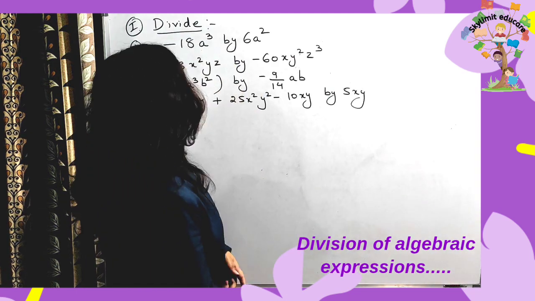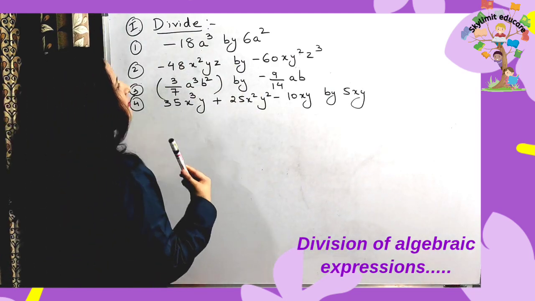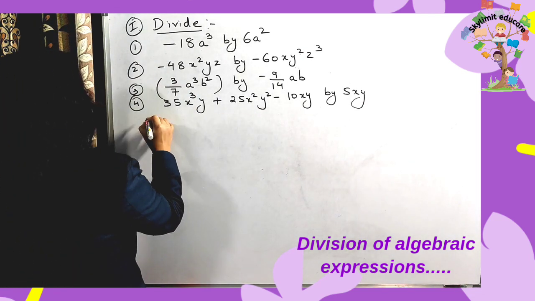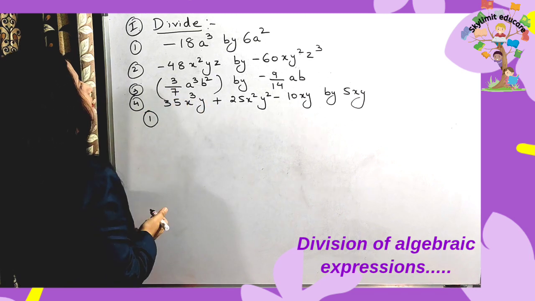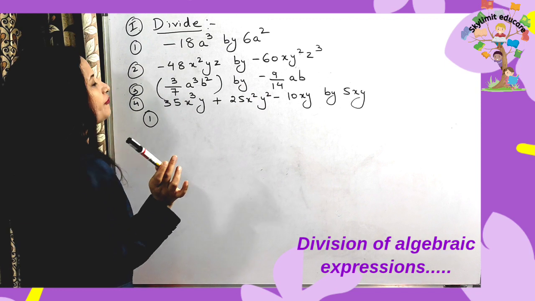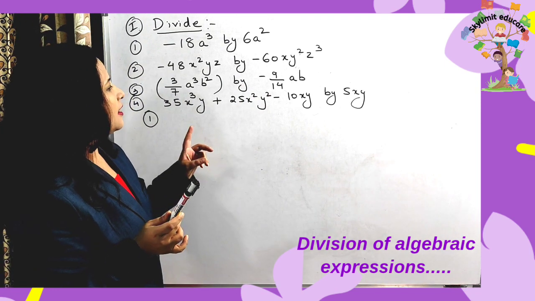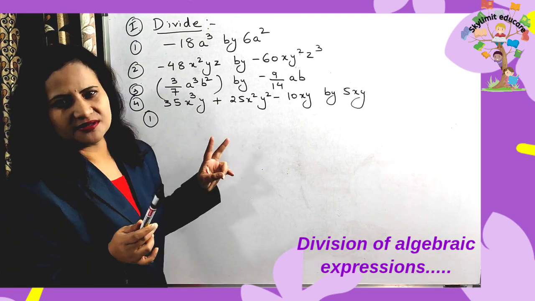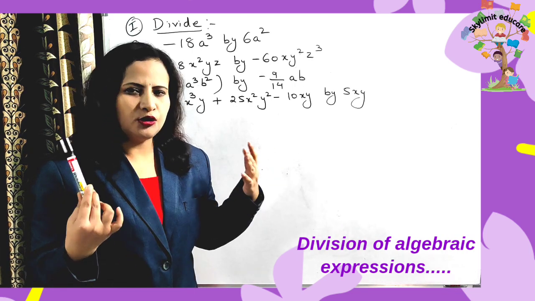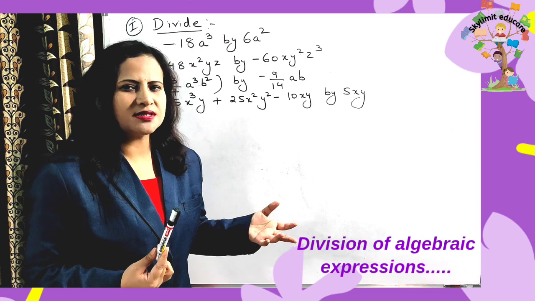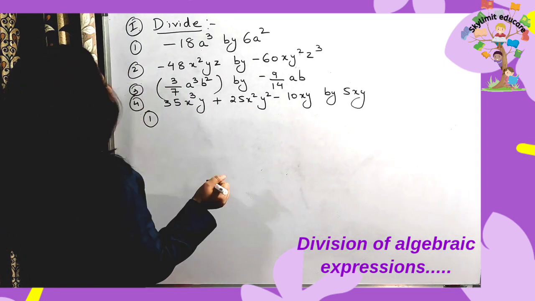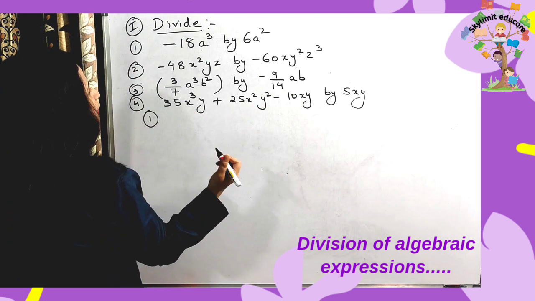As you can see, I've written 4 questions over here, and we'll be solving them one after another. Okay. So division. The first question, just look at it. Here you have got a monomial by a monomial. Here we are going to divide 2 monomials. The dividend and the divisor both are monomials. You are all clear with monomials, binomials, trinomials. So what are we going to do here? Simply just see how I'm going to do it.